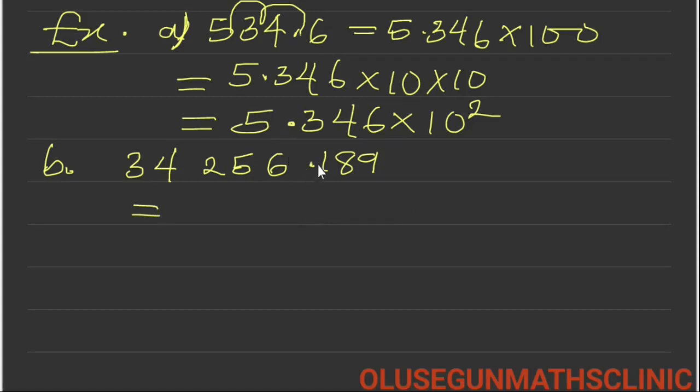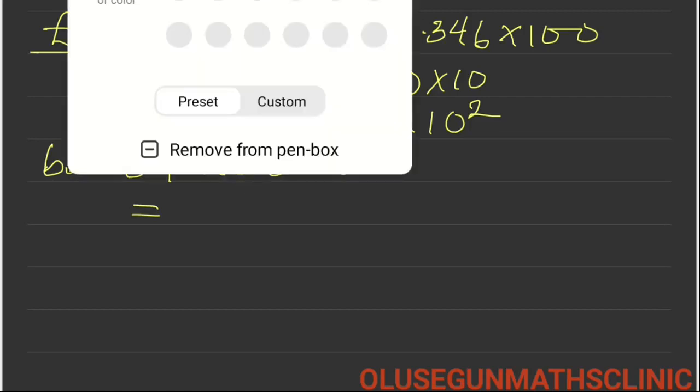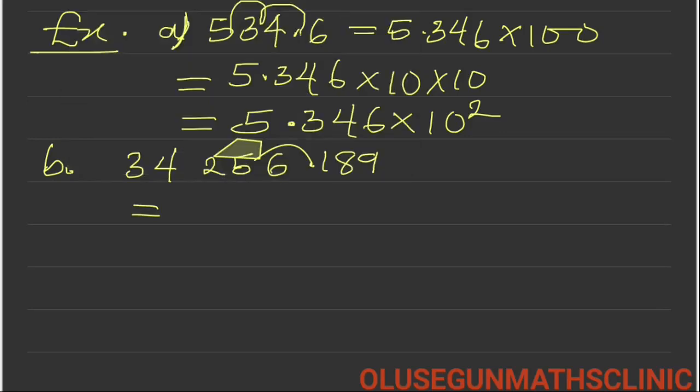So let's count now. 1, 2, so you move 1, 2, 3, 4. So meaning that 3.4256189